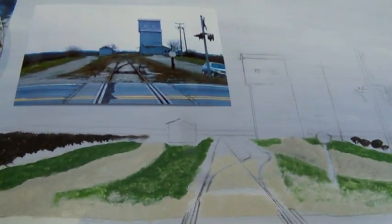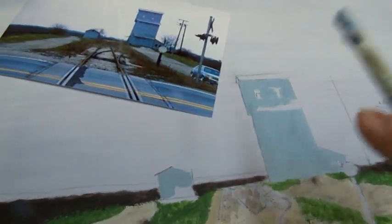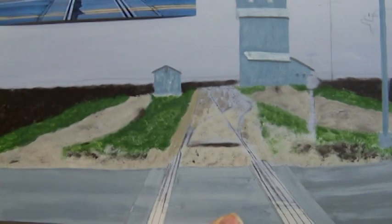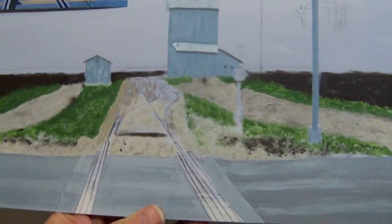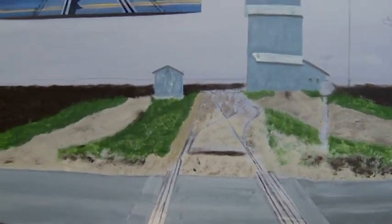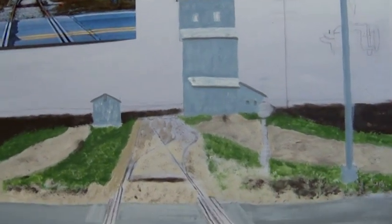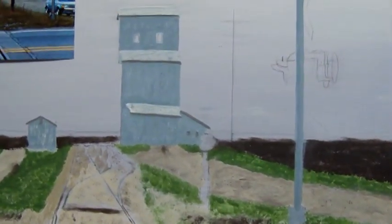Step by step, moving right along, filling in the elevators with this gray with a little mixture of blue, so it's working okay so far. Okay, this is the first take, you could say, a rough take of just the basic colors, and my next goal is to just refine and to get the details, and this crossing gate or